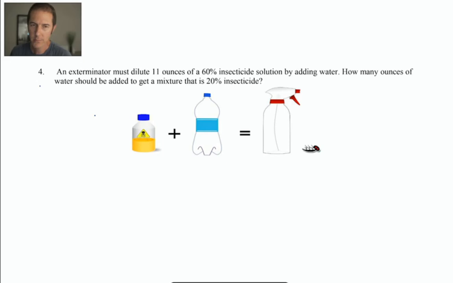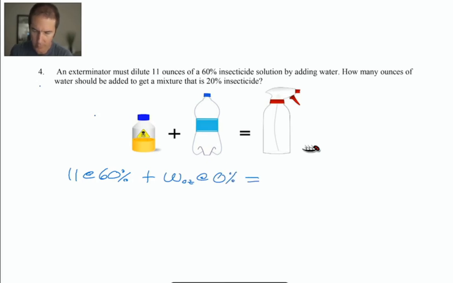Well, it's so strange that it throws me every time I read it, because I want to try to set it up like we did the previous problem, but it doesn't get set up that way. Let's see. Let's actually try to use concentration times volume. I've got 11 ounces at 60%, and we're going to add that to how much water? How about W ounces of water, which are at 0% concentration,